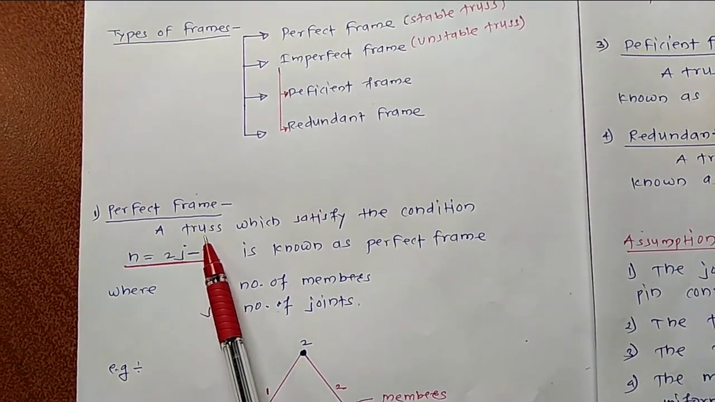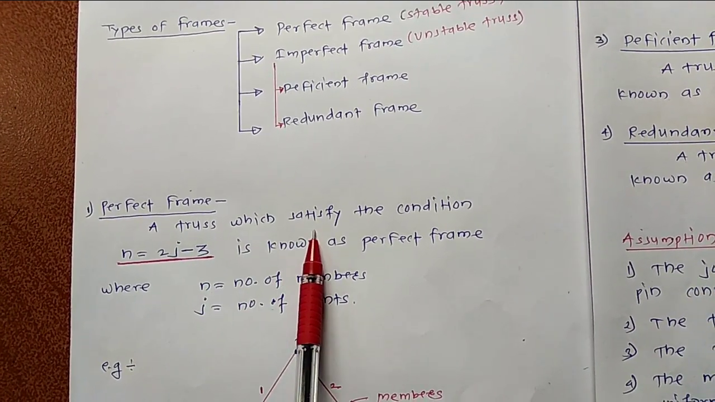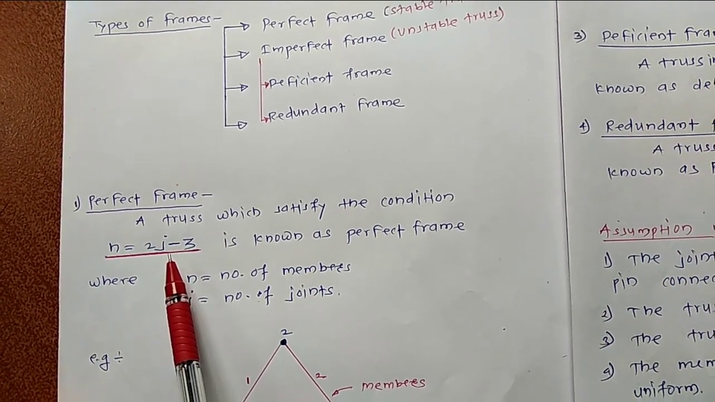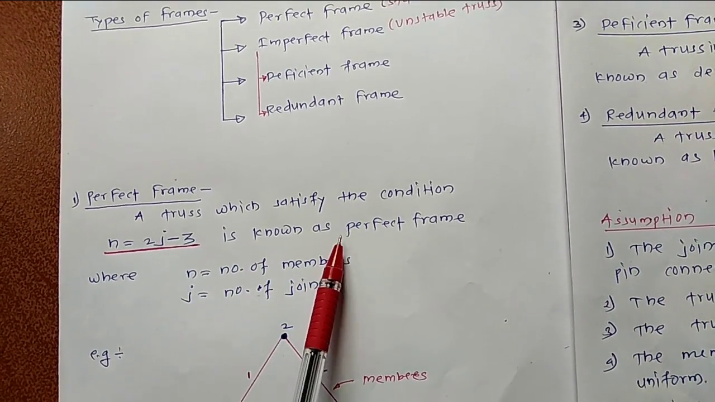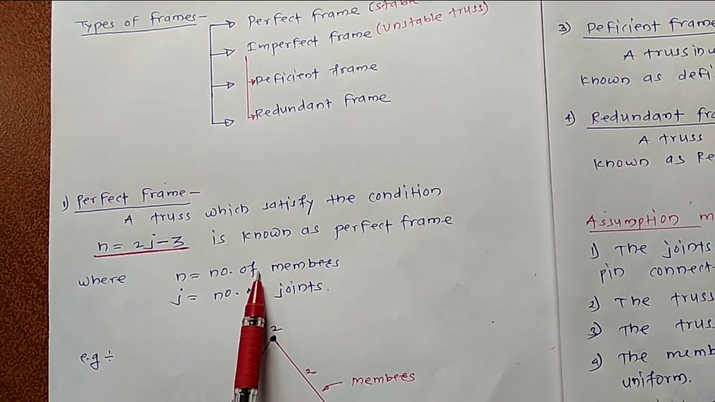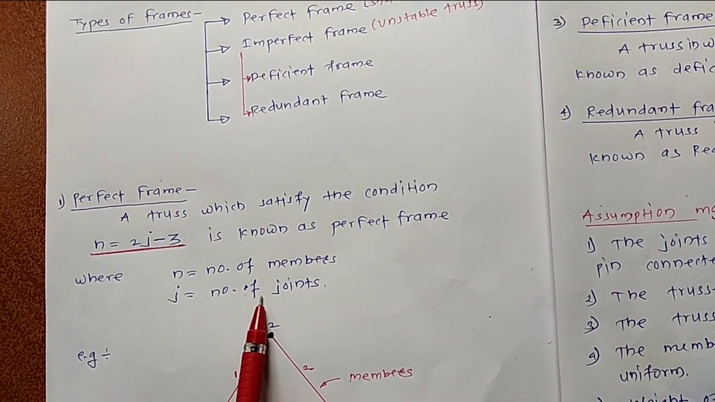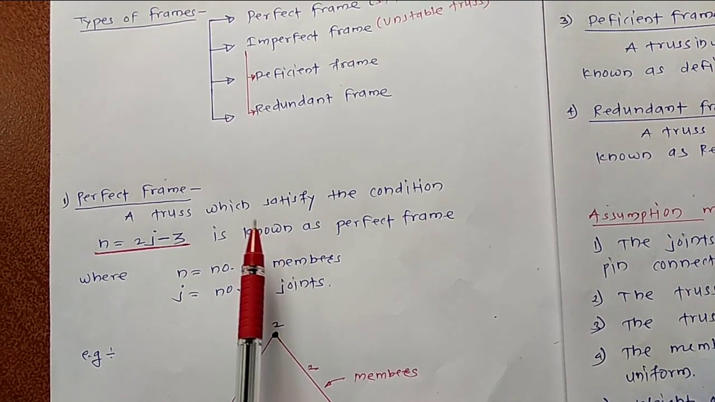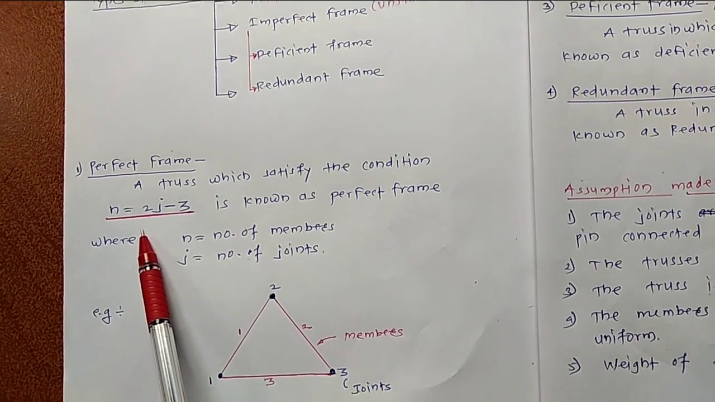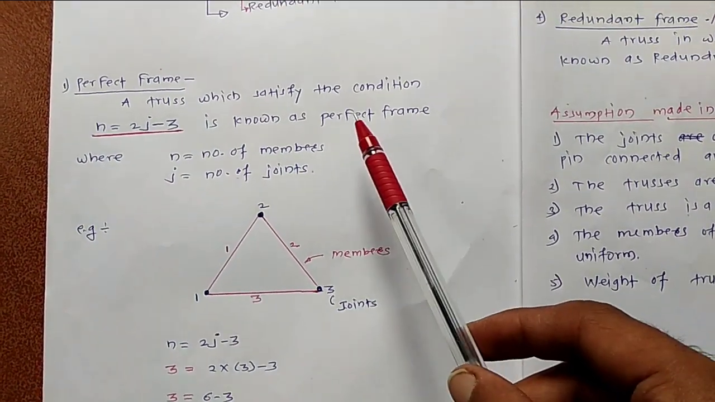First we go for the perfect frame. A truss which satisfies the condition n is equal to 2j minus 3 is known as a perfect frame, where n is equal to the number of members and j is equal to the number of joints. If any truss satisfies the condition n is equal to 2j minus 3, then it is known as the perfect